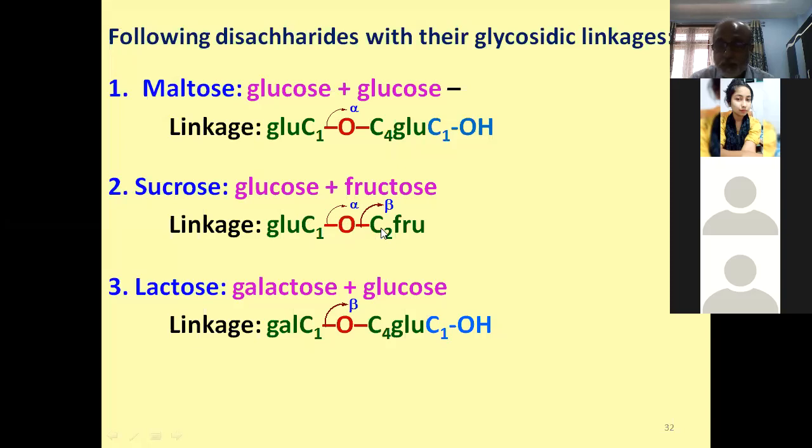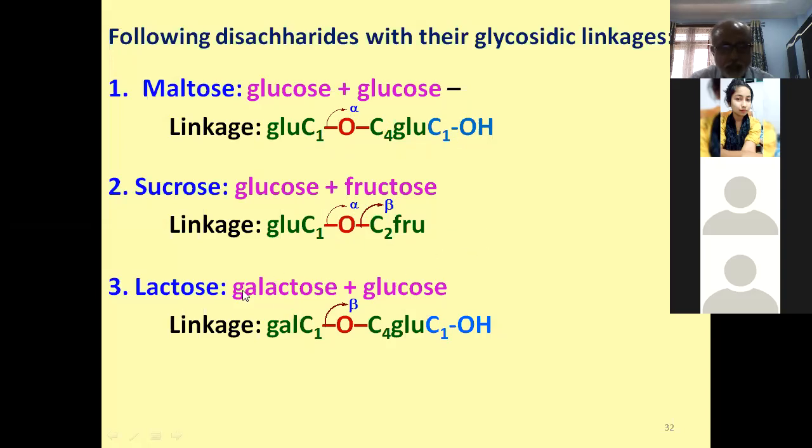It is following the same rule of glycoside formation, but in this case, here one was the glycoside, and this is what is behaving as alcohol. But here this is an anomeric OH group, and this is also an anomeric OH group. Once it is an anomeric OH group, we have to specify whether it is alpha or beta. Here it is found to be alpha. Here it is found to be beta. Okay, we'll have to establish that.